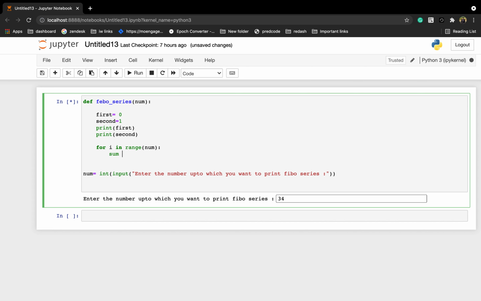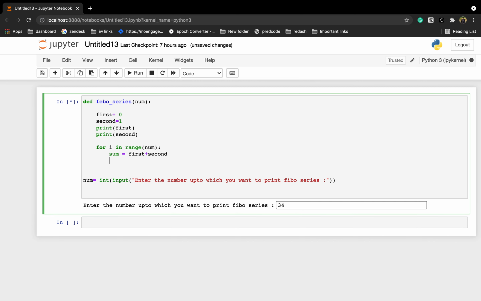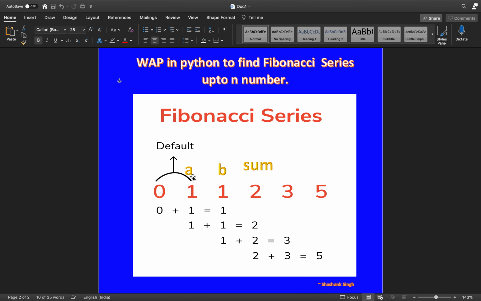Okay, now the very first thing we need to do is find the sum. As I told you, sum is equal to first plus second, right? Initially a is pointing to 0, b is pointing to 1, this is first and this is second. So the sum will be obtained as 0 plus 1, right?